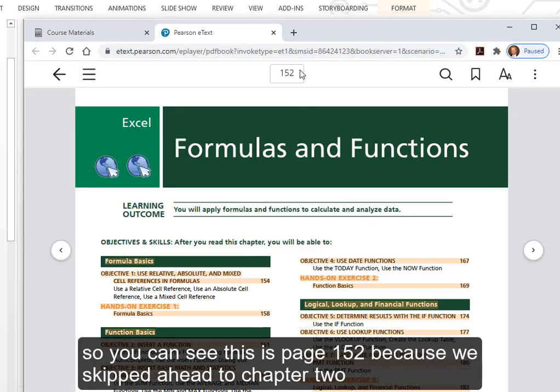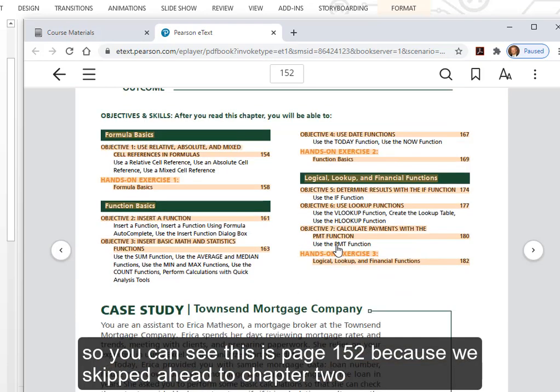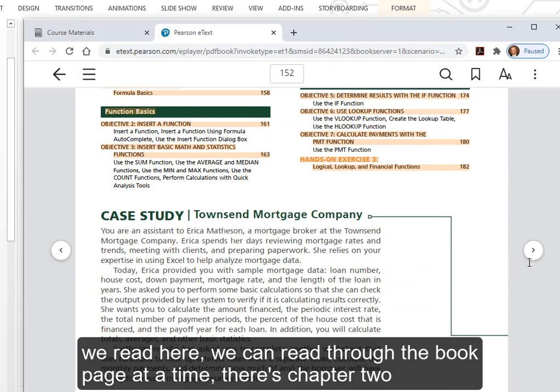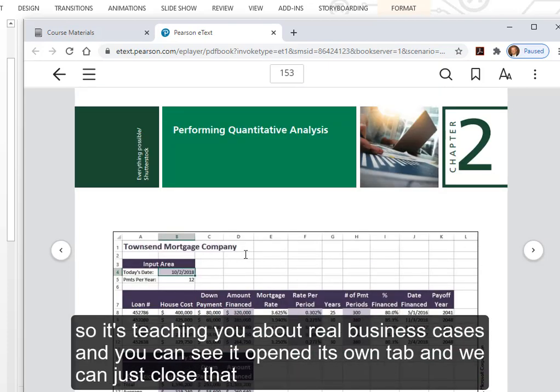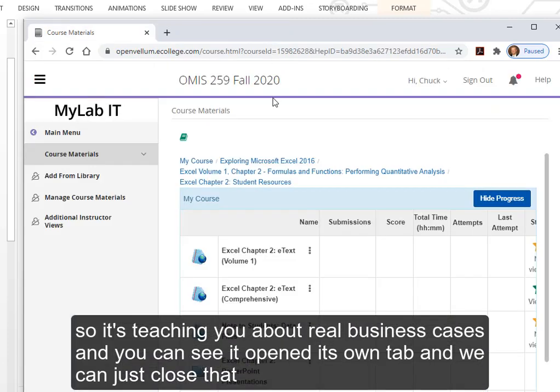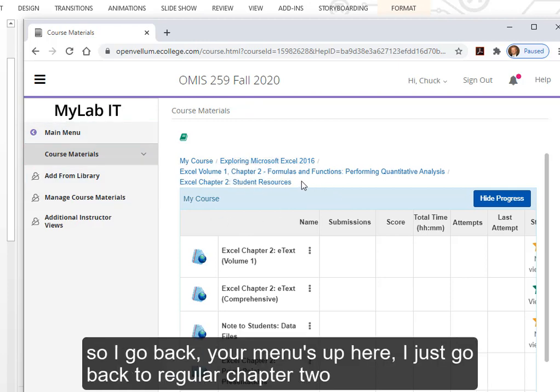So you can see this is page 152 because we skipped ahead to Chapter 2. We read here and we can read through the book a page at a time. There's Chapter 2. So it's teaching you about real business cases, and you can see it opened its own tab, and we can just close that. So I go back, your menu's up here, I just go back to regular Chapter 2,